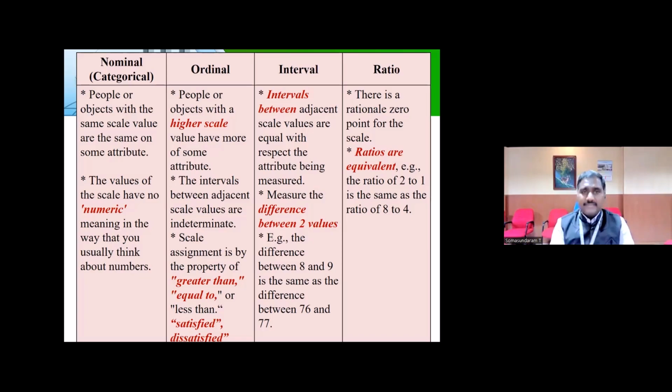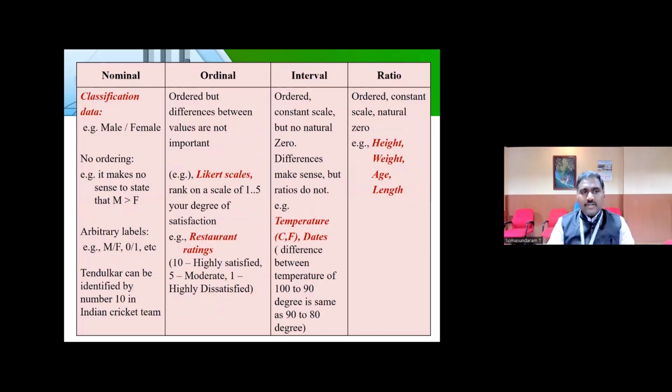Sometimes we may ask with a group category, we may not ask with a category. It's like an open-ended question. Accordingly, you can choose, right? So these four scales are very, very important to do a statistical analysis. Now, what are the analyses I can do under the nominal? So this is a usual nominal scale.